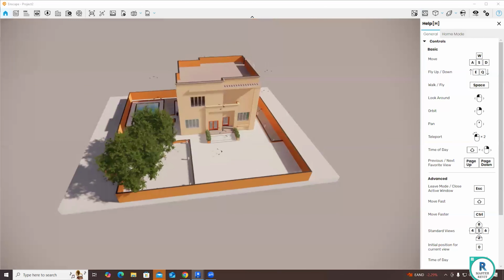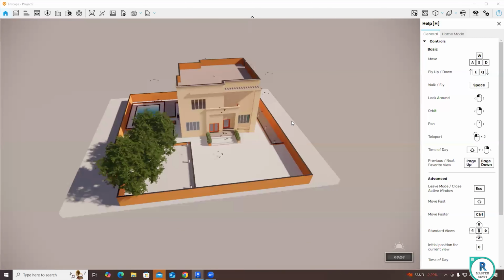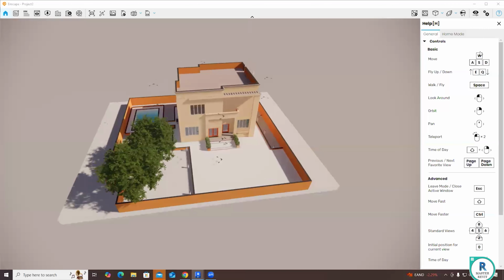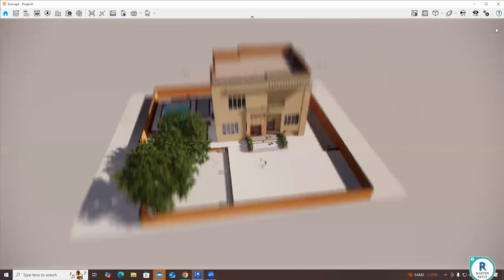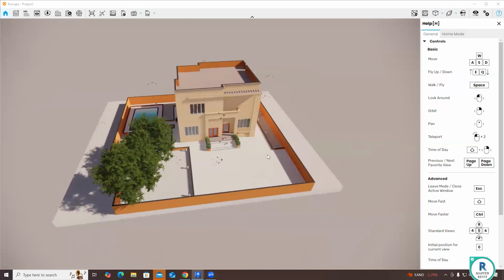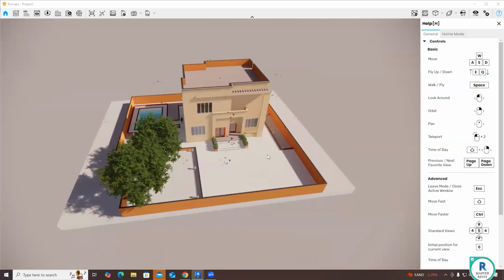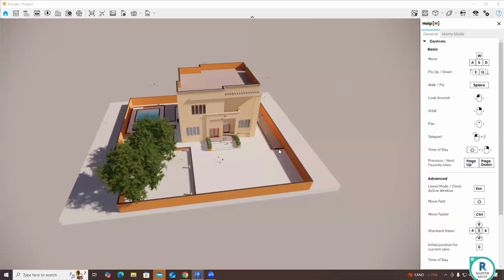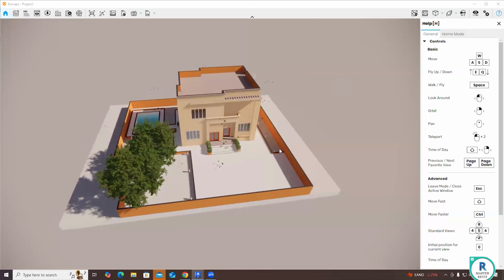And here the controlling is more similar to Lumion. You can see all the control buttons here. In case you have the control icons invisible, you just click on the question mark here. Then it will take you to the help category, and over here you can use these controls. So this WASD is the same as game controlling keys. W means forward, A means left movement, D means right movement, S means backward, E means upward, and Q means